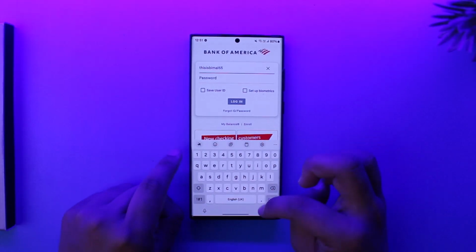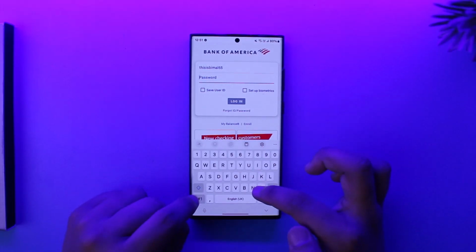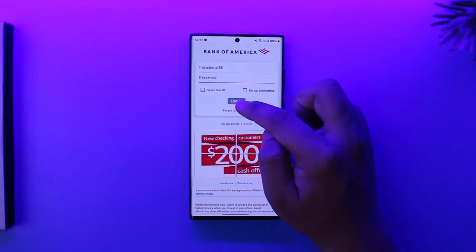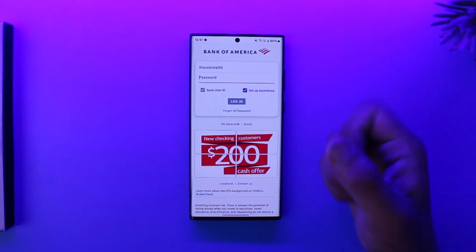simply enter your user ID, and once done you can also choose and enter your password. And once you enter your username and password, you can tap on login. You can choose to save your user ID and also set up the biometrics to log in with the fingerprint